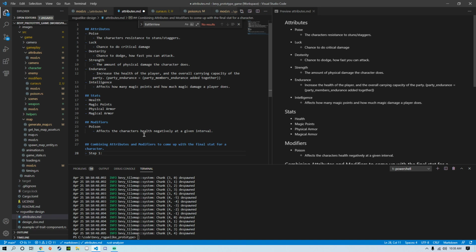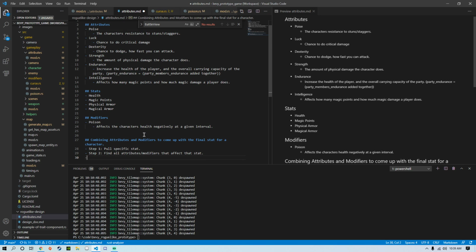Step one should be pull stats, pull specific stat. Step two, find all attributes and modifiers that affect that stat. Step three,